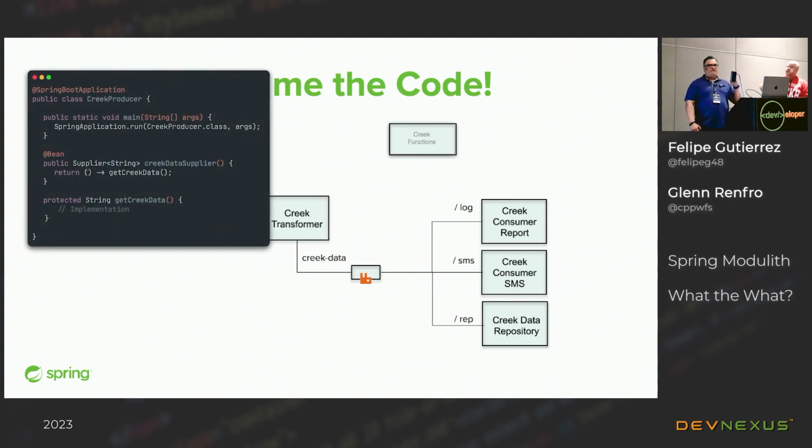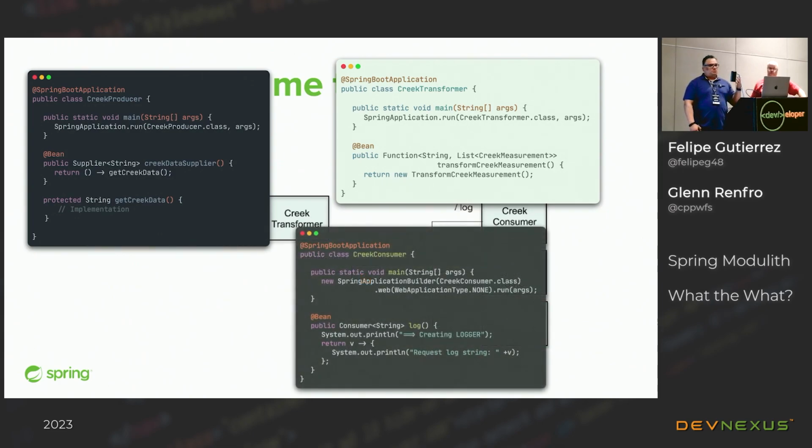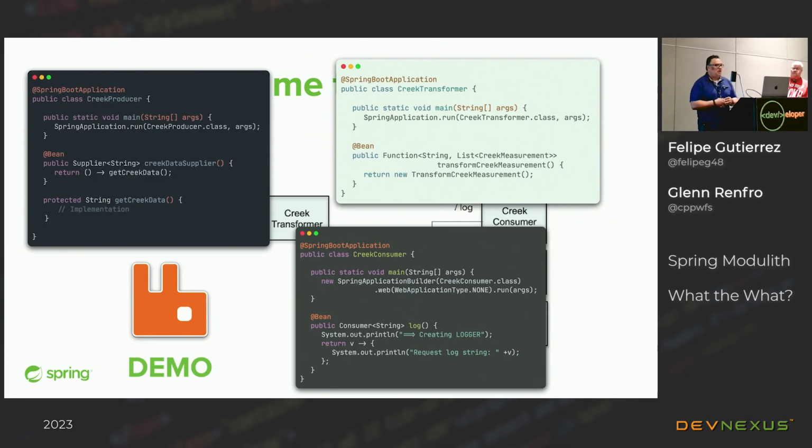So this is our first microservice, the one who actually goes and collects the USGS data. Very simple. And as you can see, we're using a supplier right here. The supplier is going to send the string over the wire. Then we have our transformer. Take a look again. It was just a copy paste on that, right? We get the string, and now we are sending back a list of Quick measurements. And of course, very simple, just the logging of the consumer. That simple is how you can create microservices using Spring Cloud Stream. And of course, we are using RabbitMQ.